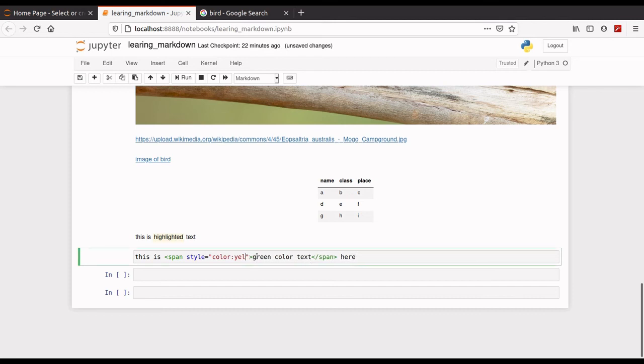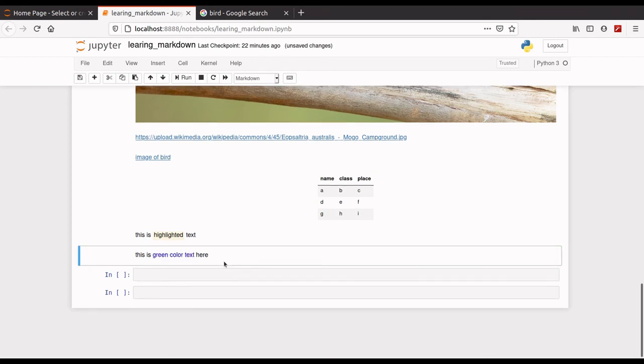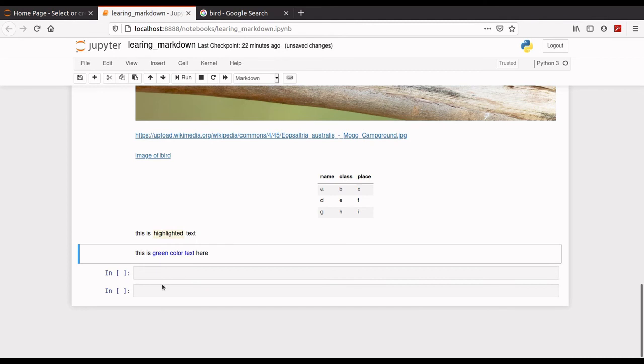So let's change it to blue. Yeah, look, it is quite good. So this is the color text you can use.